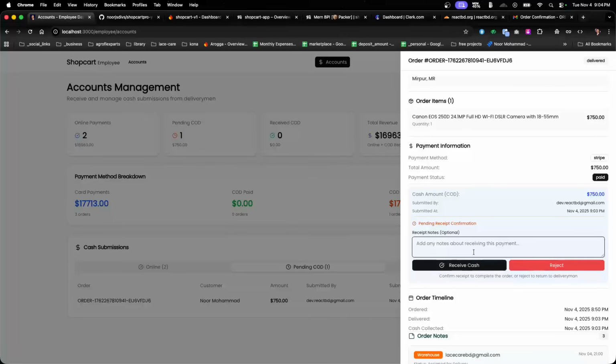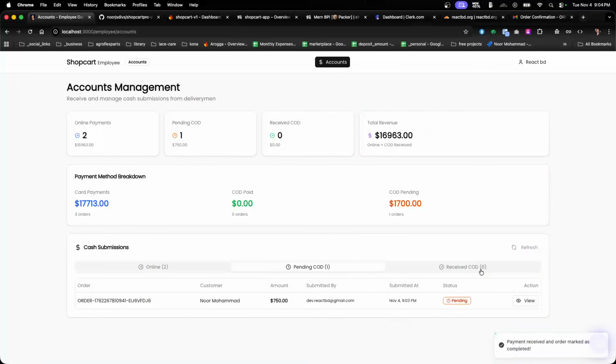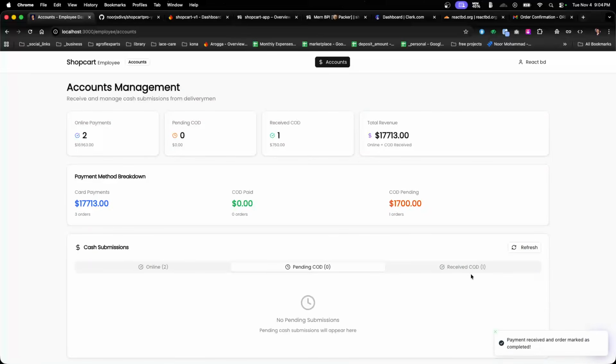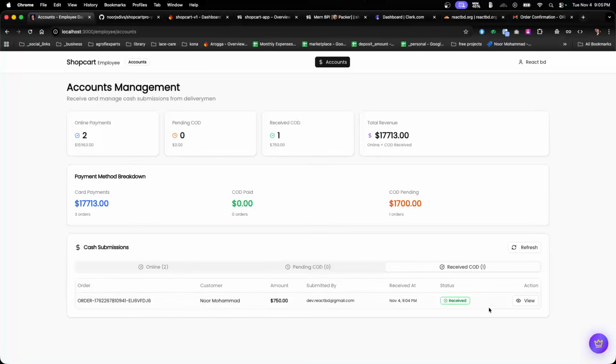So we can see received cash successfully, and receive the cash. If you reject that, the delivery man can be able to submit again and do his performance. So now if you go here, you can see the receipt collection, and you may change the difference because that